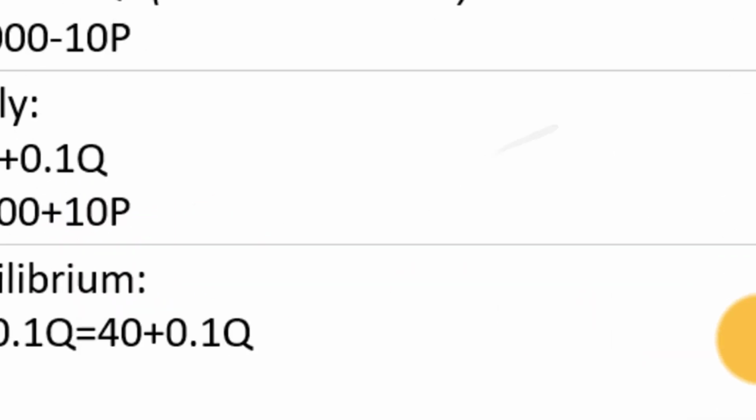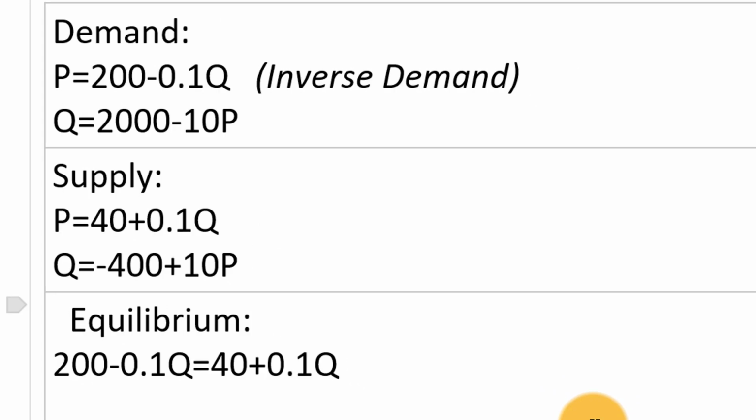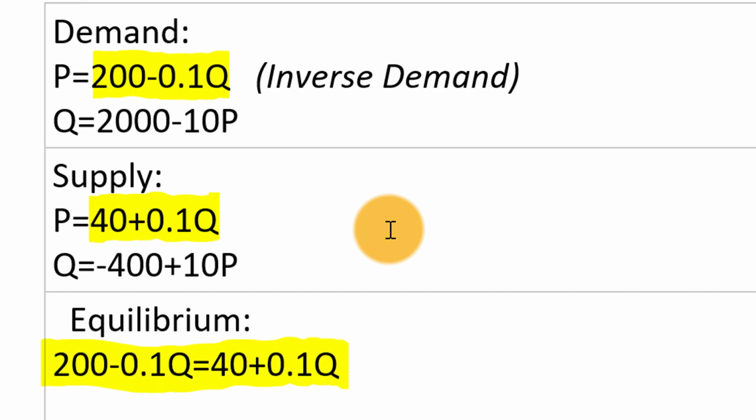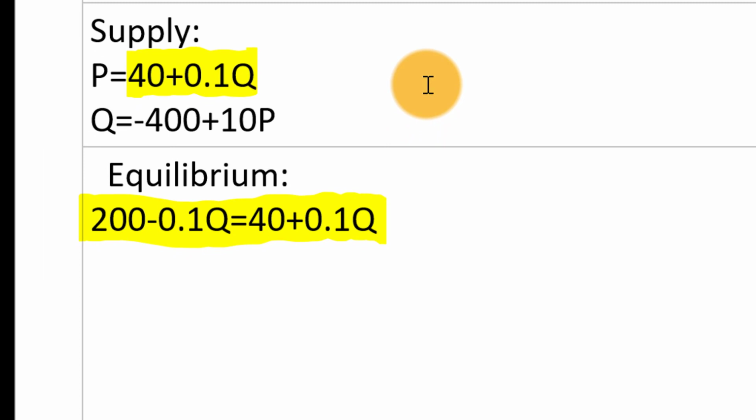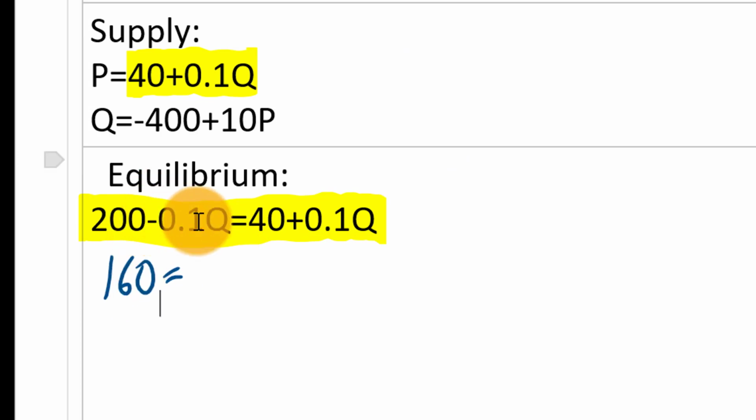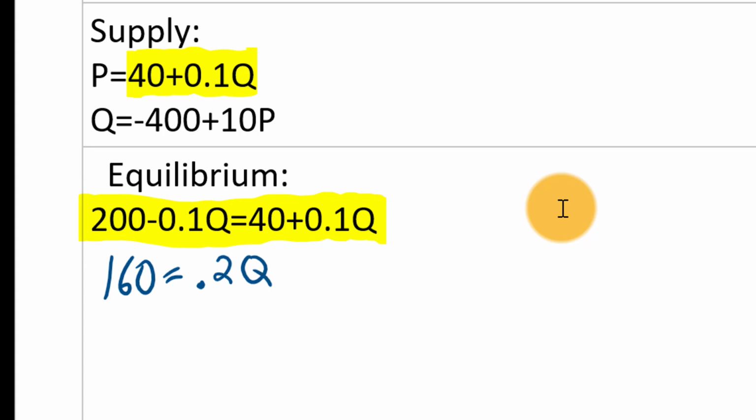And if we wanted to solve for the equilibrium without the tax, then we could just set the right-hand sides equal. Let's just do the equilibrium quantity here. Set these two equal to each other and see what that equilibrium quantity is. And so that's what we have right here. Just take a second to solve that. Subtract 40 from both sides, and we get 160 equals, and then we add 0.1Q to both sides, equals 0.2Q. Divide both sides by 0.2, and we're going to get that equilibrium quantity of 800 units.